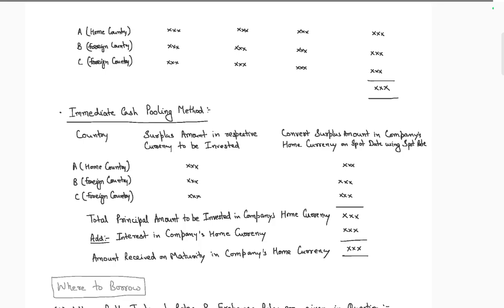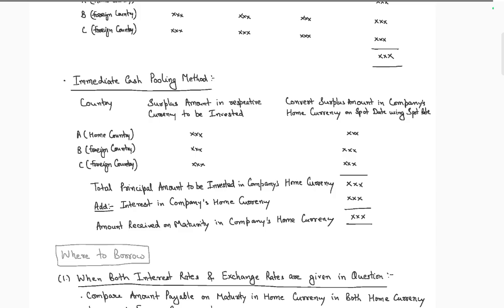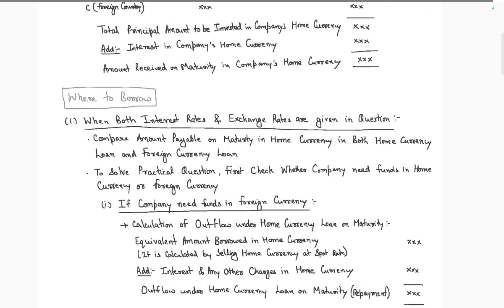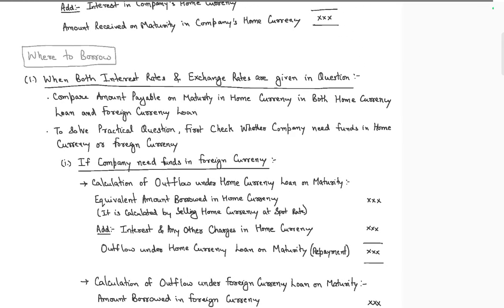The immediate cash pooling method is where the surplus amount of each country in the respective currency is converted into the company's home currency on the spot date. The home currency is invested at the spot rate. The total principal amount is invested in the company's home country, interest is earned in the home currency, and the amount is received on maturity in the home currency. Where to borrow, when both interest rate and exchange rate are given in the question: